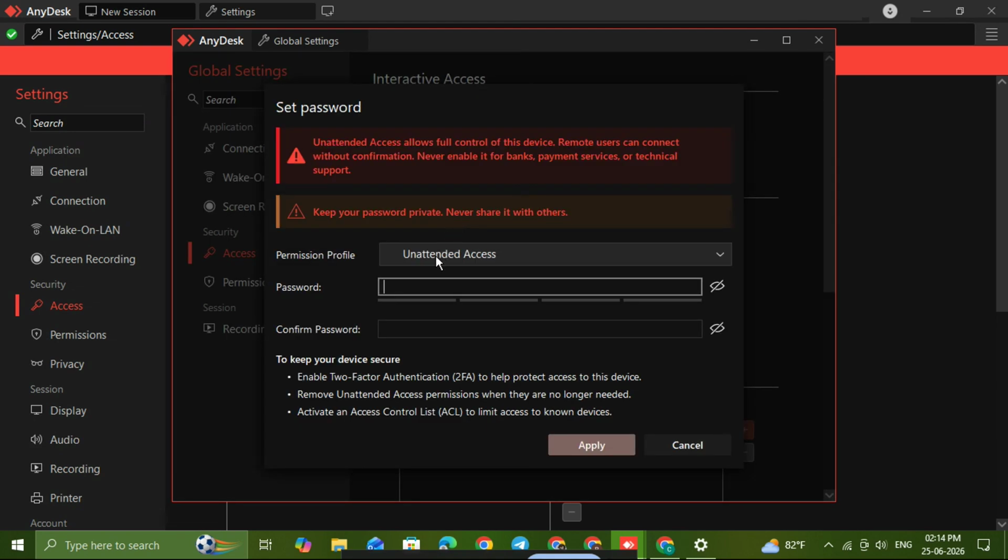A box will appear where you can type your new password. Choose a strong password that you can remember and make sure it is something secure if the computer is going to be left unattended. After typing the password, confirm it by entering it again in the confirmation field. Once both entries match, click Apply to save the changes. At this point, the unattended access password is now set and you can use it later when connecting from another